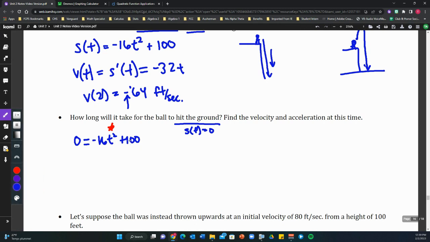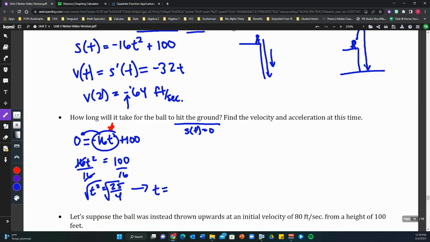And actually, so we could subtract 100 and then divide by negative 16, but I'm actually just going to move this guy over. That'll solve the issue. So we've separated. Now I'm going to divide both sides by 16. And I get t squared, let's reduce that guy, equals 25/4. Square root both sides. Now, normally doing that yields a positive and a negative version of this answer of 5/2